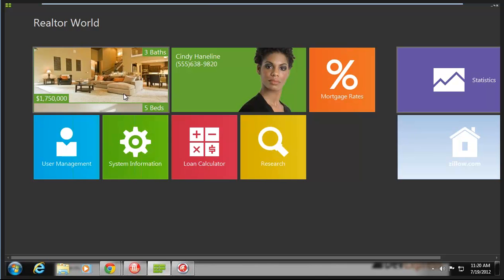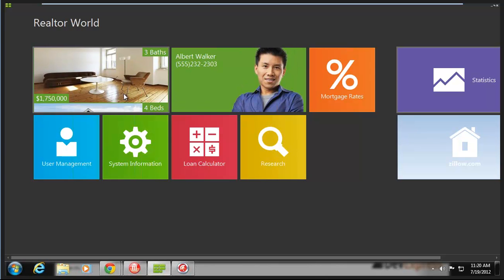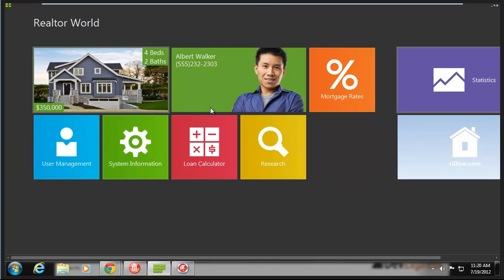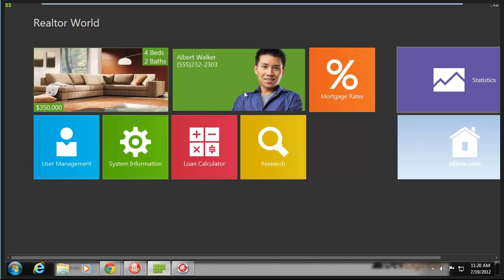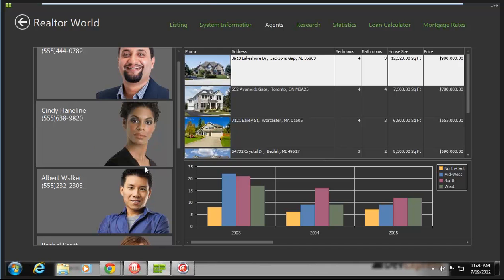Without me doing any work at all, they are showing the end user extra information. I can click on one of these tiles and we slide in an extra pane, just like before. Obviously with this particular demo application I'm showing an awful lot more information just to show you how easy it is. Oh, I was on Albert Walk. Let's look at Cindy's information here. So we're showing,